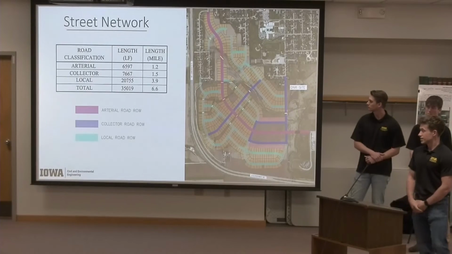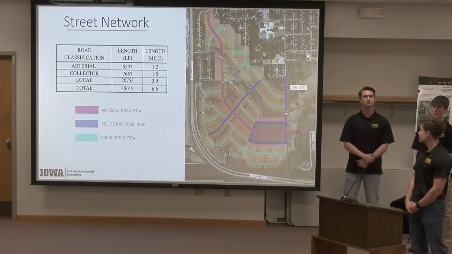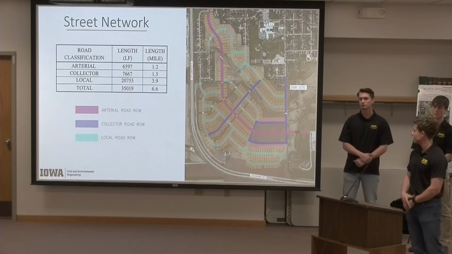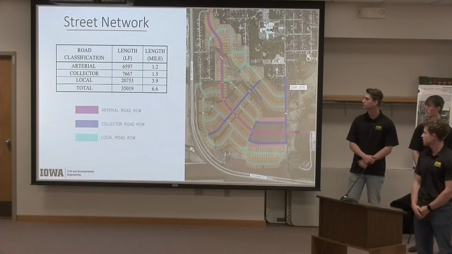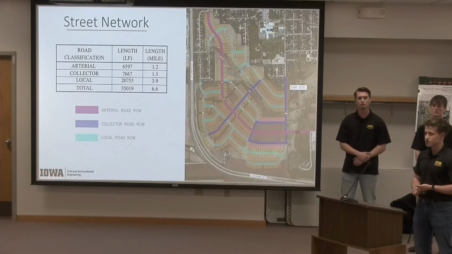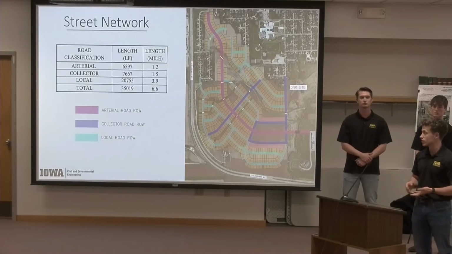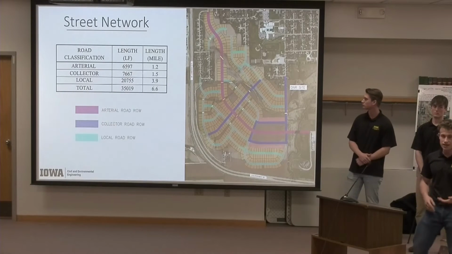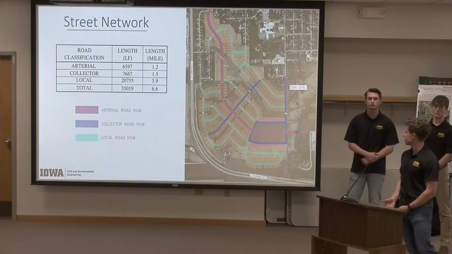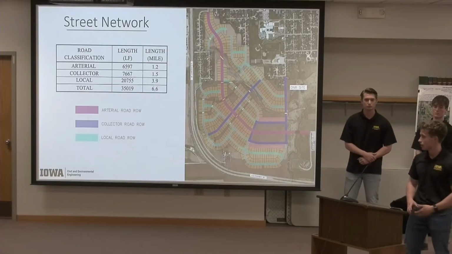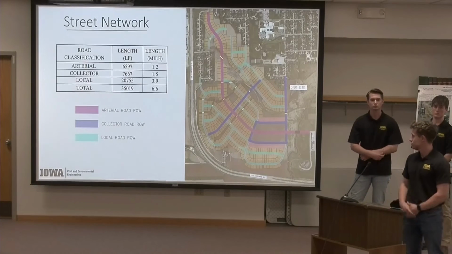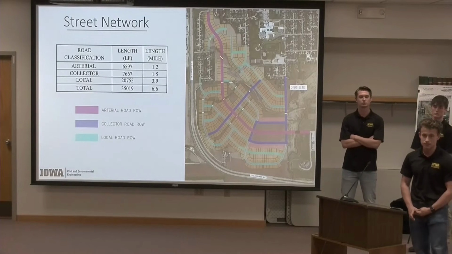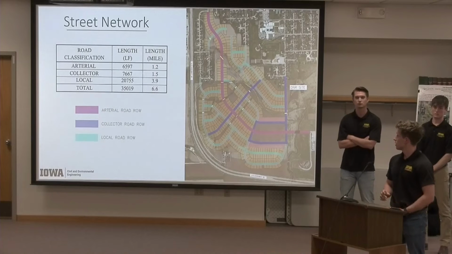So the proposed street network for the area was influenced mainly by the existing streets to the north as well as the lay of the land of how it exists currently. So we ended up trying to extend that gridded network that Maquoketa currently has. However, with the lay of the land, we ended up having to modify that so that way we could use the land how it is without moving large amounts of material. So our street network is made up of 3 main streets, which is arterial, collector, and